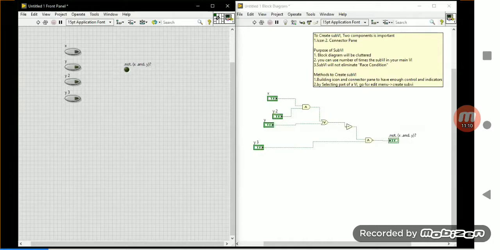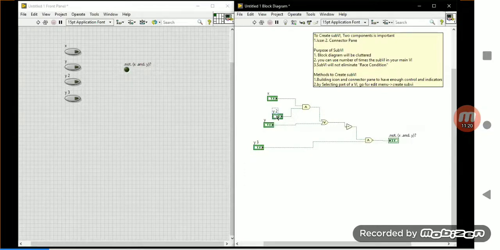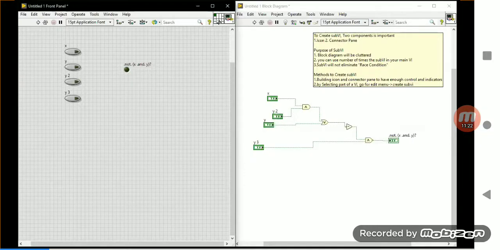Why green color means the data type will be green color, that's why it's determining the green color over there, okay? Don't do like this. Some people will select here and they will come back to here, okay? If you are doing this, the sub VI terminal will not be created over there, okay? So you have to click it on here, then go for the terminal.